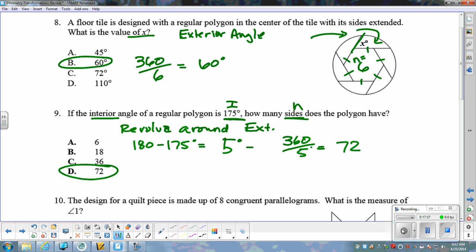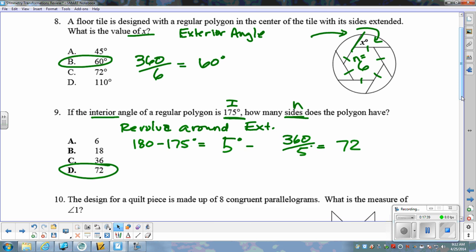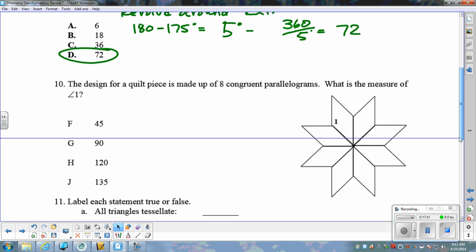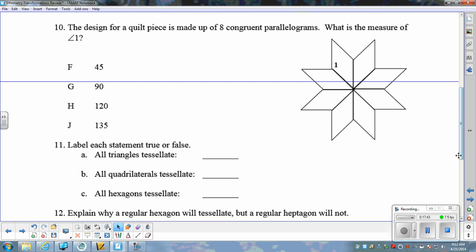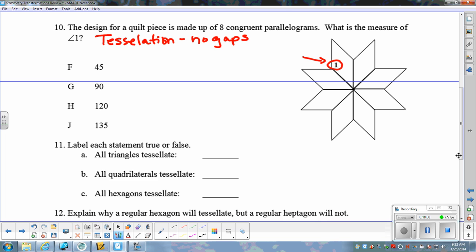For number 10, as we scroll down just a little bit. Again, here's another fancy question that's asking a pretty simple concept. A quilt design piece is made up of 8 congruent parallelograms. So what is the measure of angle 1? We have angle 1 right here. In order to figure this out, this is what we call a tessellation, where we have a repeated pattern and there are no gaps in between the adjacent